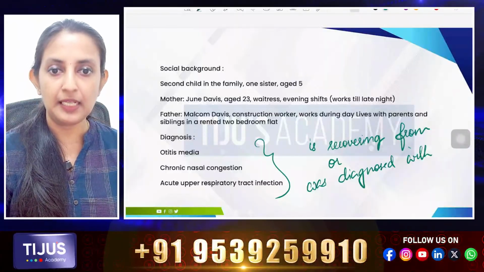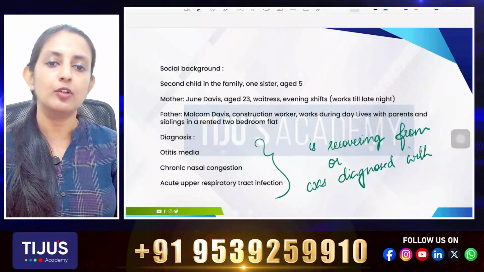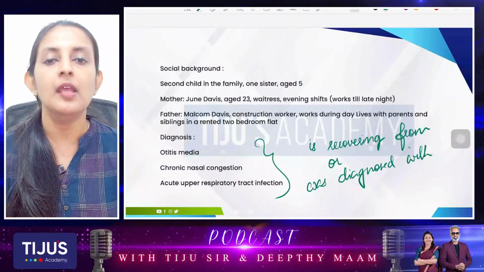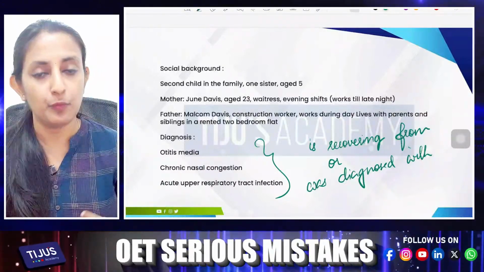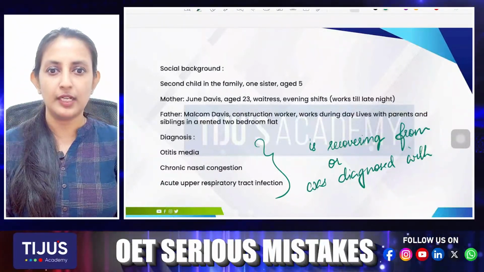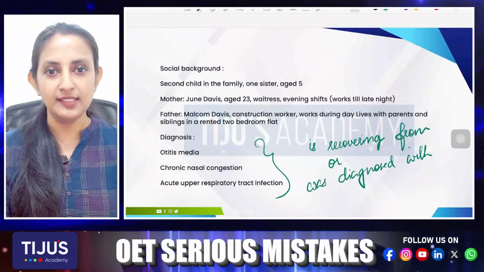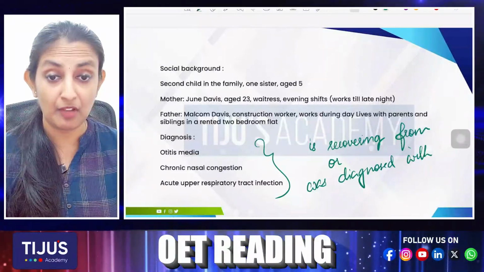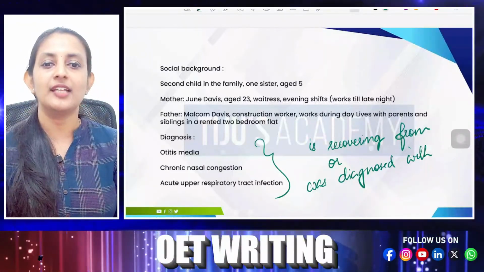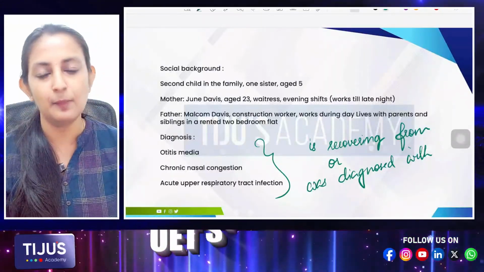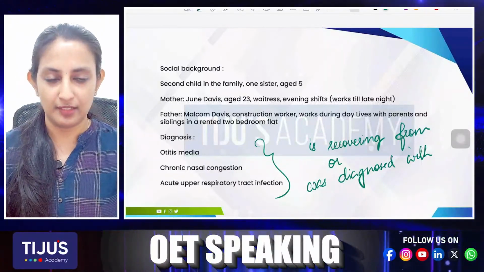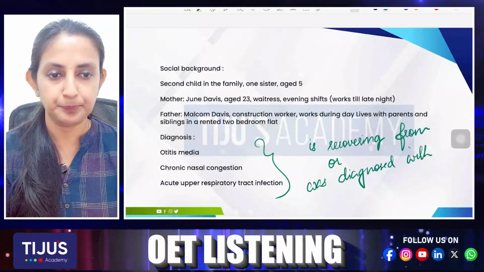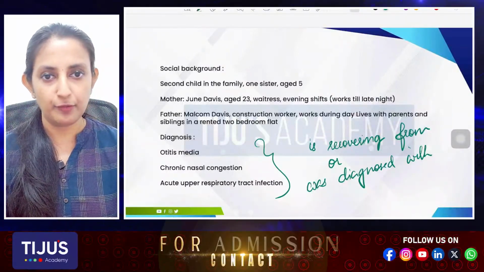It is a recent diagnosis that has not yet reached the management stage. Then we can also say has, meaning we have provided the management but still the patient is suffering with the condition. So on that note you can go with has. And the final thing, even after providing the medication, once the patient's condition has stabilized, we can write was diagnosed with. So in this context, was diagnosed with or recovering from, both these situations are favorable